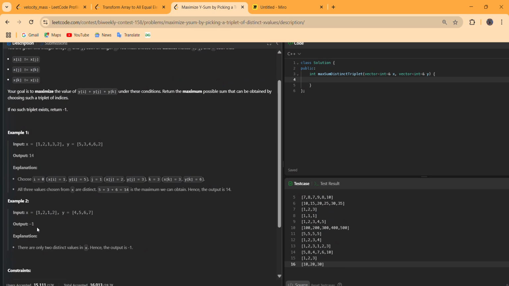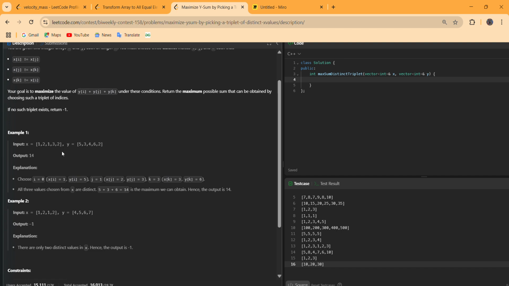So basically to return -1 we just have to find out whether x contains three distinct values or not. Let us suppose x contains three or more different values. Then what do we have to do now? Let us look at this x. X contains 1, 2, 1, 3 and 2.